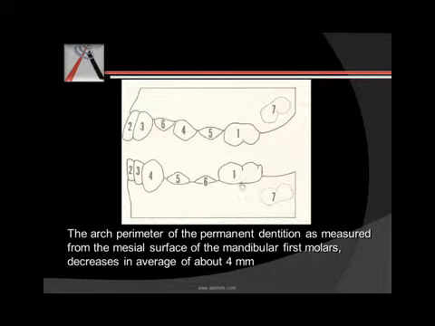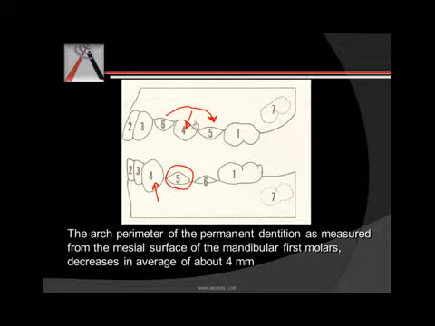What we see here is the sequence of eruption in both the jaws, that is maxillary and mandibular. This is the first tooth to erupt, first being mandible, then we have the maxillary, then the mandibular incisor, then the maxillary incisor, then again an incisor and maxillary incisor. Then we have the mandibular canine, and next we should have the maxillary canine, but this lazy canine goes here. Because the lazy canine is not erupting, our premolars start erupting, while this mandibular premolar is still waiting for the canine to erupt.